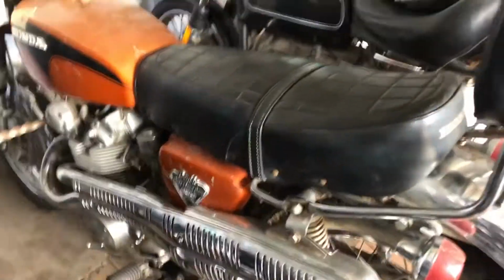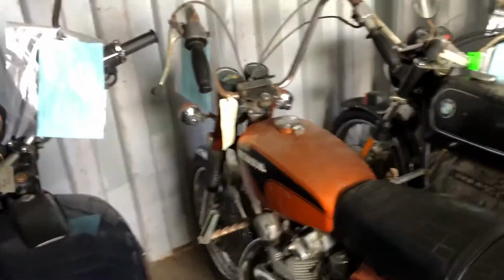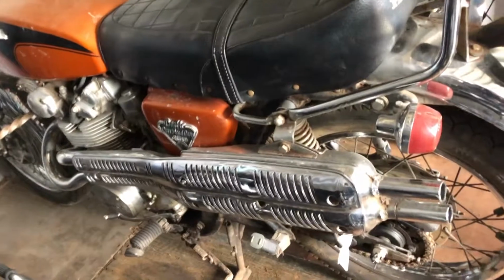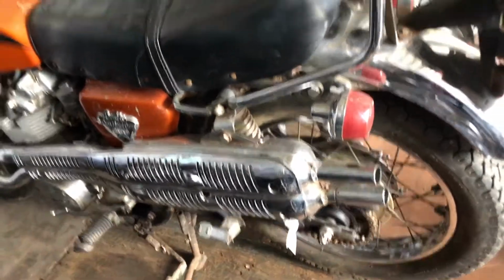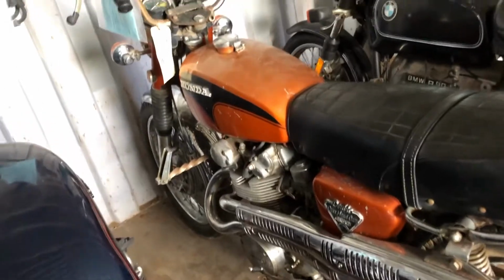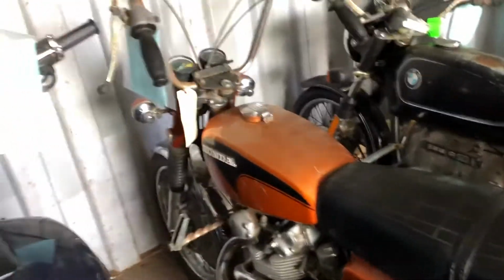And this is the CL450. Now, these are my favourite bikes. Excuse me, let me just come around this side for you. These are one of my favourite bikes, if not my favourite, the CL450. It's very peculiarly dressed, but as we've seen before, it doesn't pay to be too critical of these things, as I'm the man that wore flared trousers and platform shoes back in the day. The bike was bought in 1970. And clearly the man's bought it, he's just watched Easy Rider and he wanted a highway cruiser like Peter Fonda, so we got these